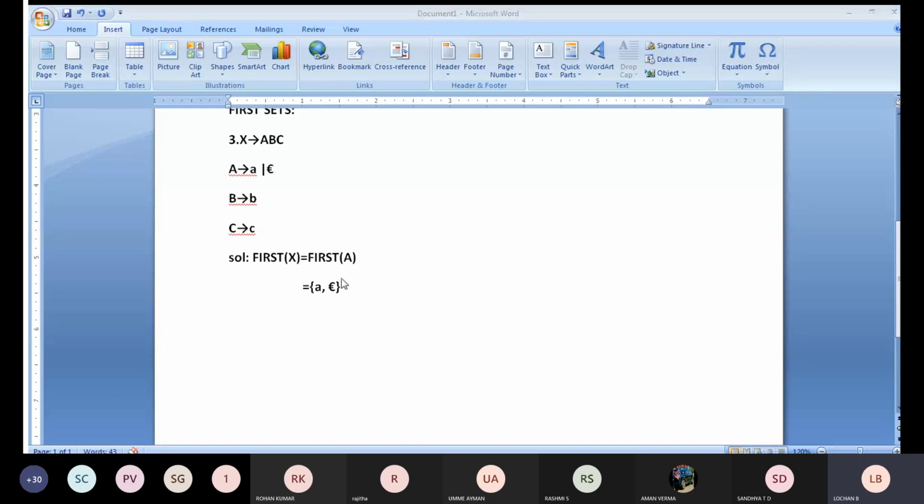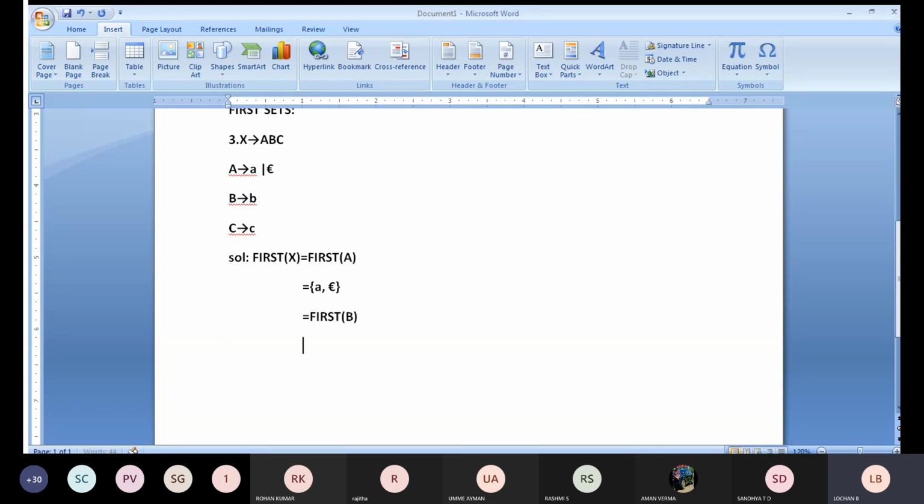So next, if epsilon arises here, we will be calculating first of B. We will be calculating in the epsilon part first of B. A we have completed. I'll repeat once again: wherever you are going to get the epsilon, you have to make continuation of your production. So we have completed A. Next, which production is there? If you see in the starting, X implies A we have completed. So next is B, so we will be calculating first of B.